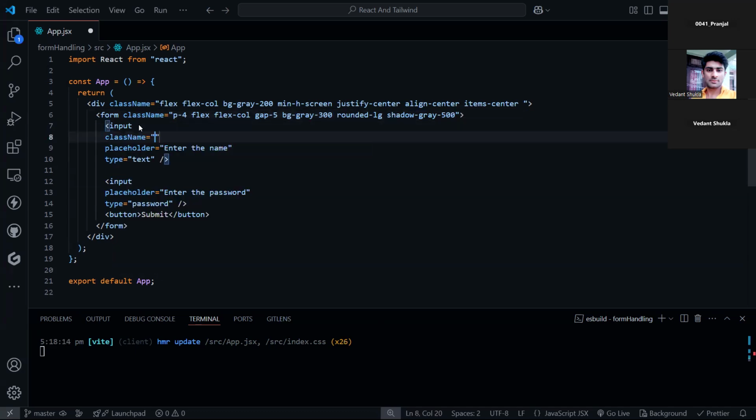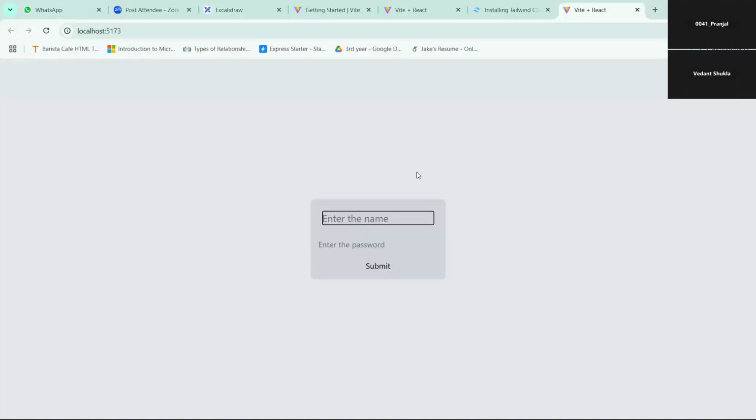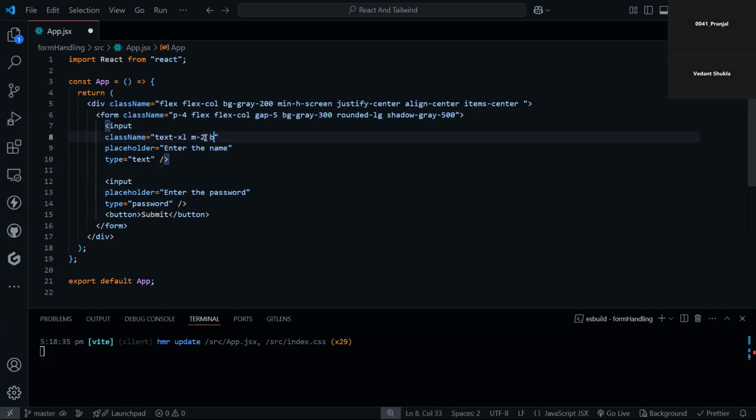And here's the class name also. What class name do we want to give? We want to make the text, text of Excel. Yes, text of Excel. M of 2, giving the margin of 2. Let's see. That's it. And BG of white, background of white,